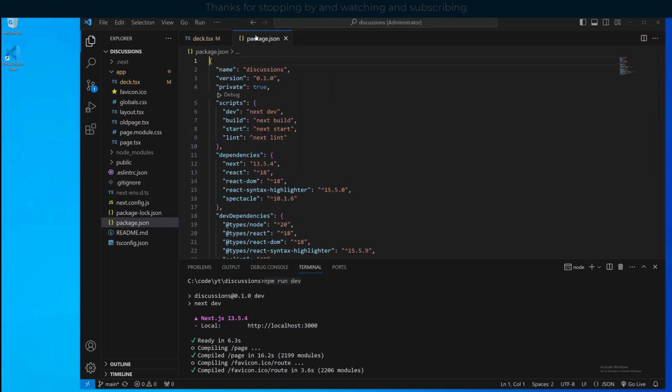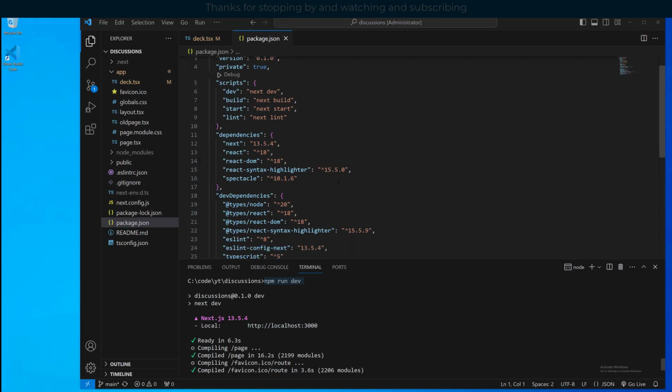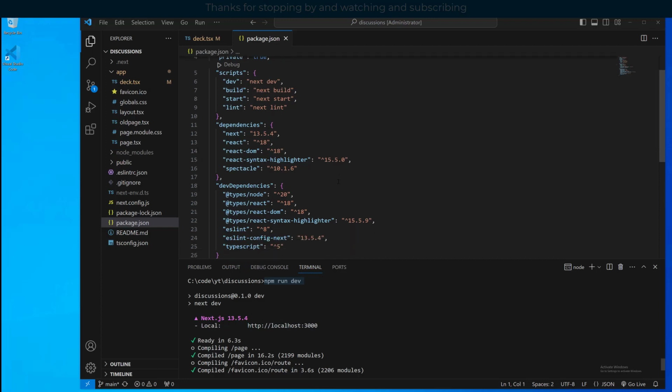And if we look at the package.json, you can see what's installed here and how I ran it. You can see the command down here in my command window, npm run dev. That runs it in localhost 3000. And then here you can see the dependencies. One of them is Spectacle, and I mentioned that earlier, the command to get that installed. And you see a few dev dependencies. So that's basically what the package.json looks like, how I have it up and running,